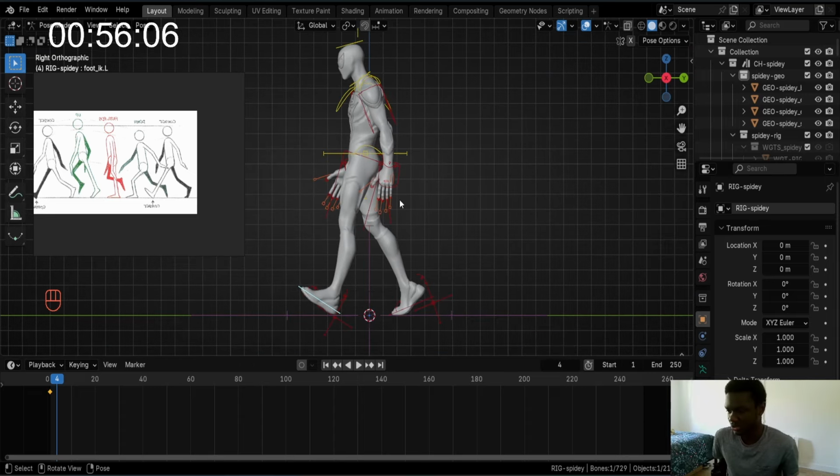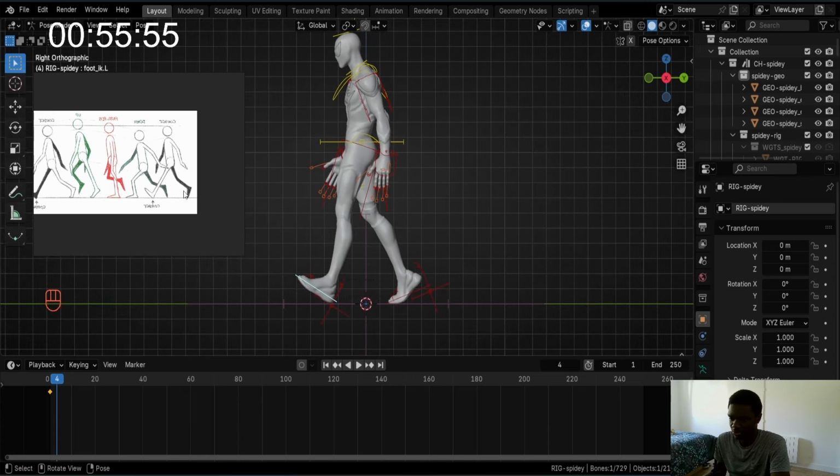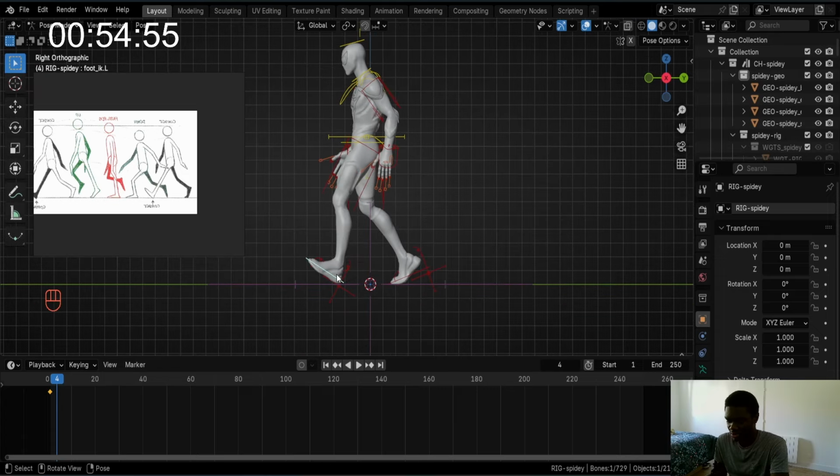You can try something else if you want it to be faster or much slower. It works well for me, so I usually do it this way. And so for the down pose, it's the pose where the character is at its lowest point. So I'm just gonna go and select this torso controller, and I'll just press Alt R to cancel the rotation